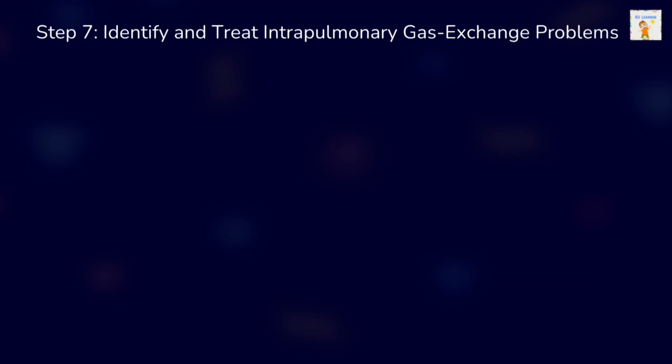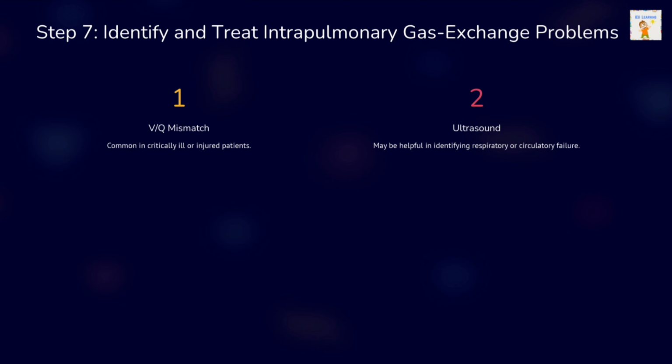Seventh step is to identify and treat intrapulmonary gas exchange problems. So these are all radical problems, but we have to keep them in mind. So VQ mismatch can be a problem mainly in critically ill patients or injured patients. Ultrasound in this condition may be helpful to give you more information about ventilation, lung expansion, pleural sliding, any collapse, consolidation, pneumothorax, etc. We have to optimize ventilation by adjusting the ventilator settings, considering deepening of anesthesia, gastric decompression, and